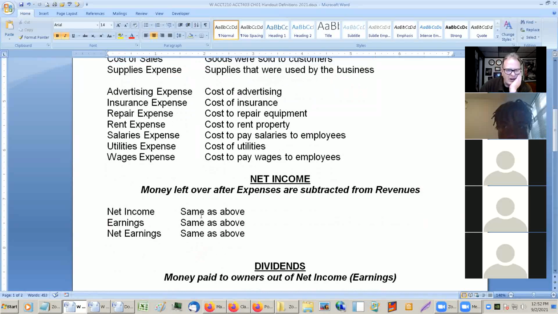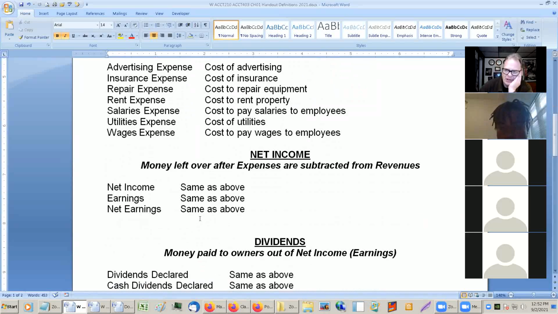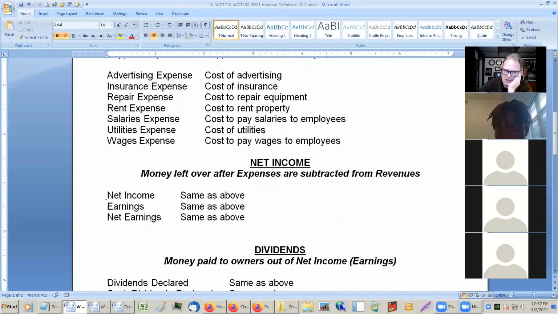All right. Now, net income is not always called net income when you look at these companies' financial statements. Net income is probably used about half the time, and earnings or net earnings are used probably the other half. So a lot of companies will call them earnings instead of income. Same thing. So earnings and income are the same thing. When you think about our accounts, we talk about retained earnings. Retained earnings are just retained income. It's just what the company has made but hasn't paid out to the owners yet.